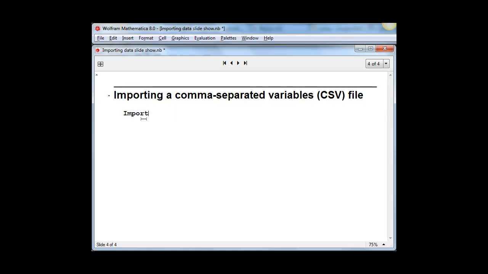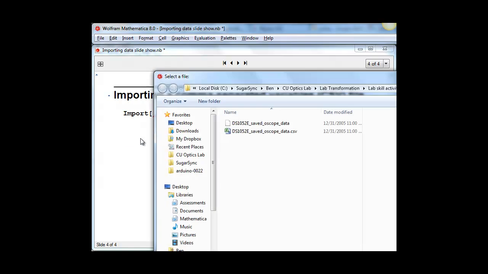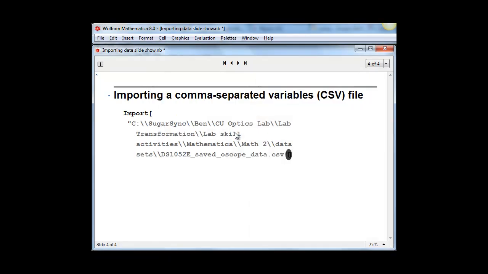data using the function Import. The Import function has a minimum of one argument, which is the file path. This brings up a dialog box by going to Insert File Path, and you can select the file you'd like to import, and it inserts the full path of the file. And we can give this a name,